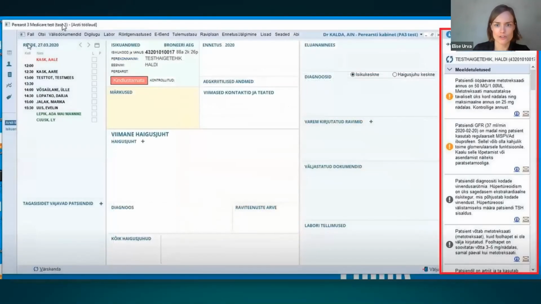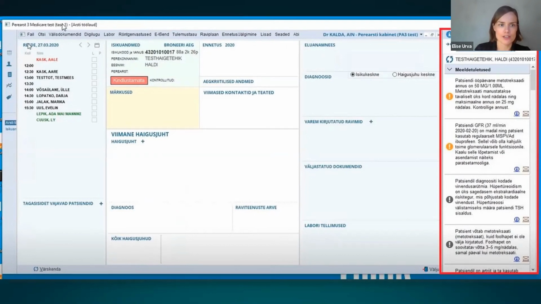The next service is a clinical decision support system. This is an example of a family doctors' information system. Over 80% of family doctors in Estonia are using this solution.